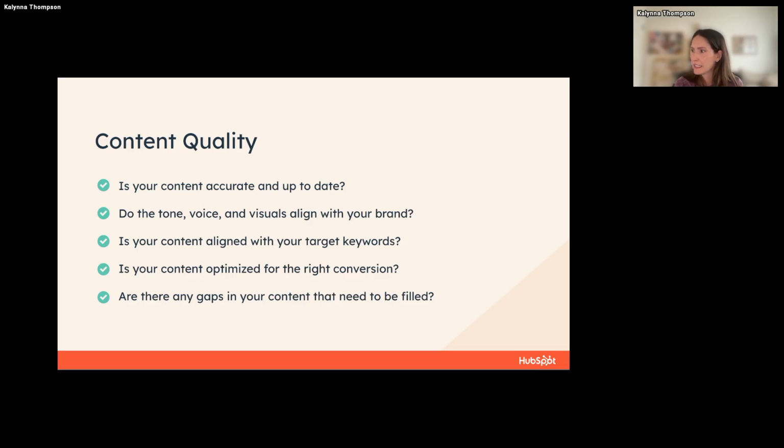And this last piece here, are there any gaps in your content that need to be filled? This kind of comes back up again to mapping out your topic clusters and identifying what your target keywords are. It can be really easy to get really heavy on one certain topic. So for an example, maybe if you're a marketing agency and you want to talk about websites, and you want to talk about email marketing,